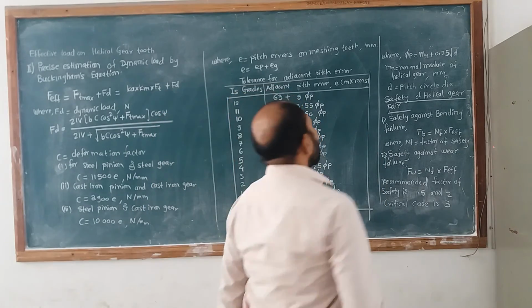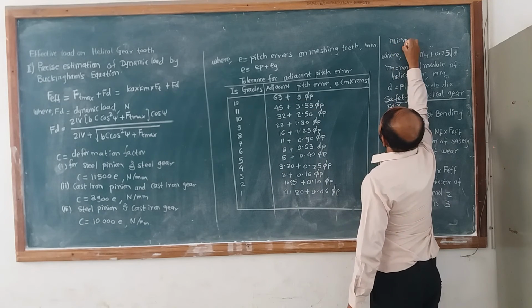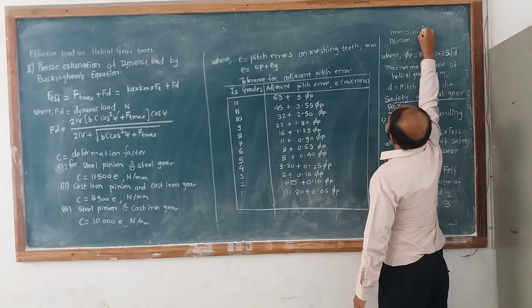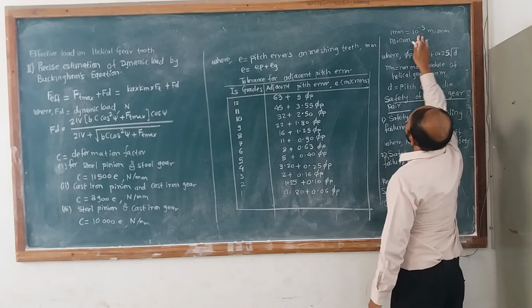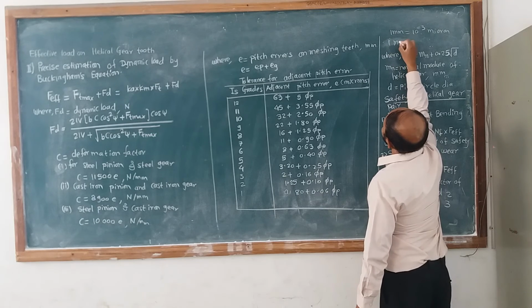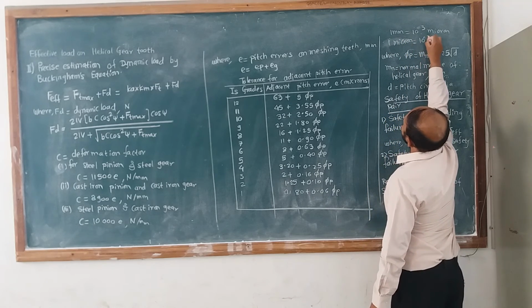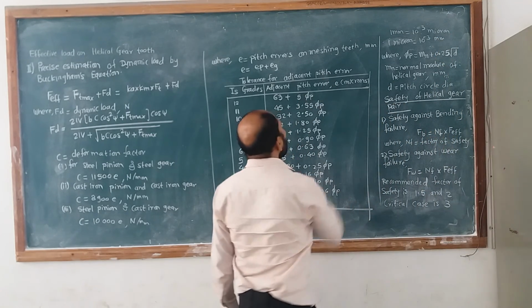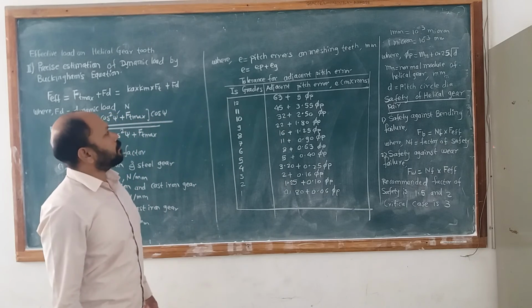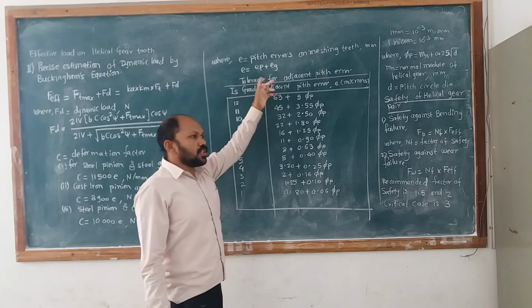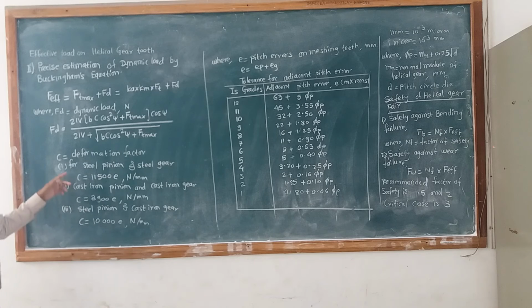How to convert that? 1 mm is equal to 10 raised to 3 microns, or the opposite, 1 micron is equal to 10 raised to minus 3 mm. So this is the formula. You use this formula, convert this micron into mm. So E is equal to EP plus EG, both values you find out. Substitute E here, and from this you get this deformation factor C. Now you get all the values.